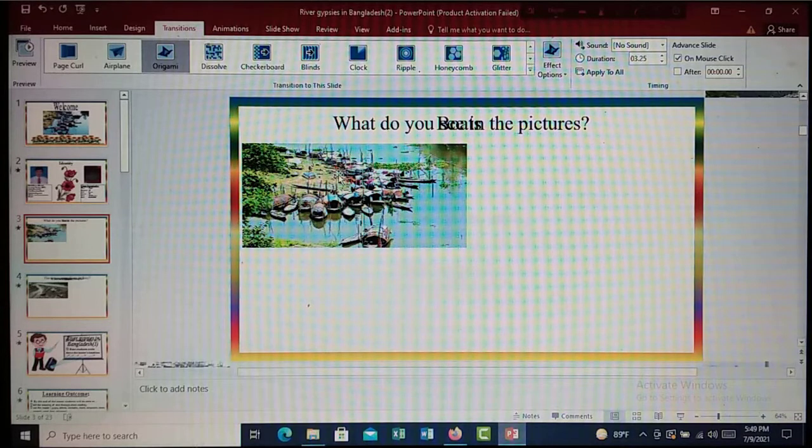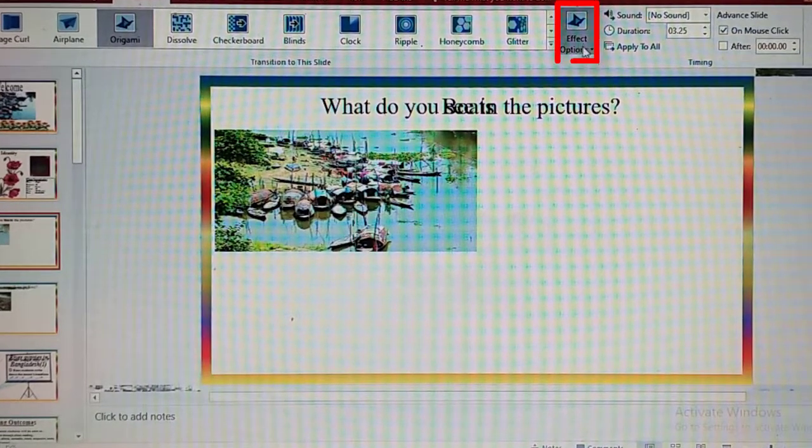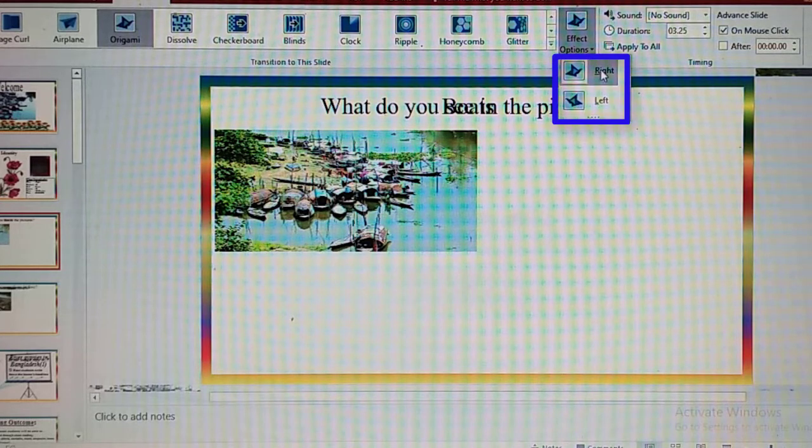If you want to move the transition, go to the menu bar and click on effect option. See, there are two options, one is right and other is left. Now click on left.